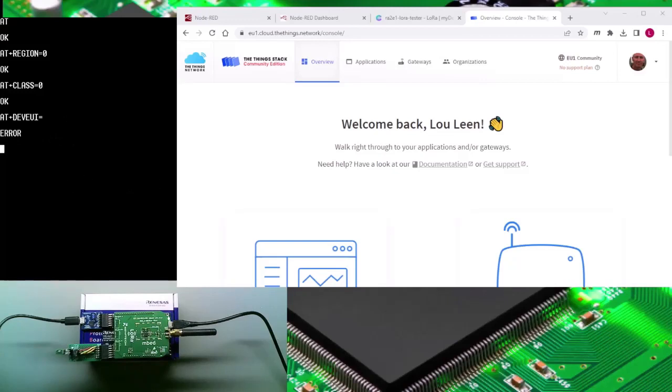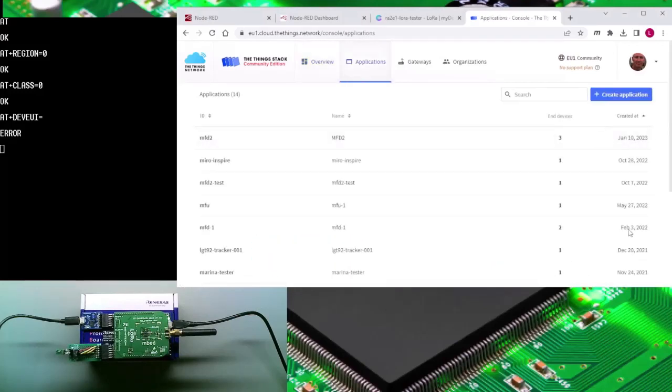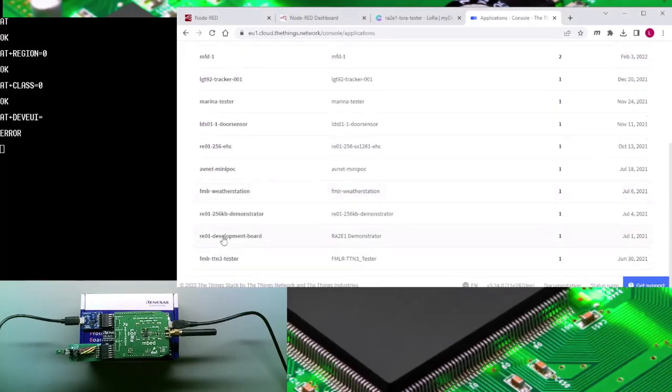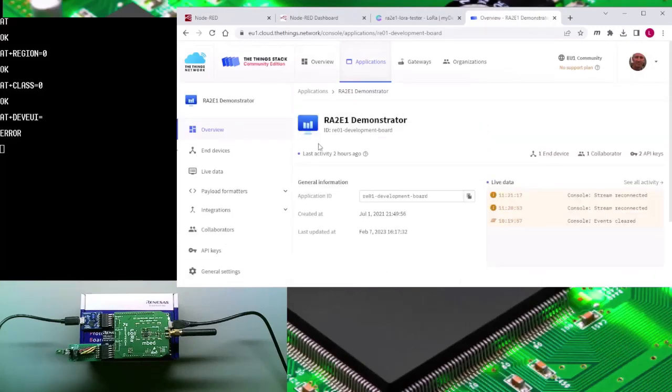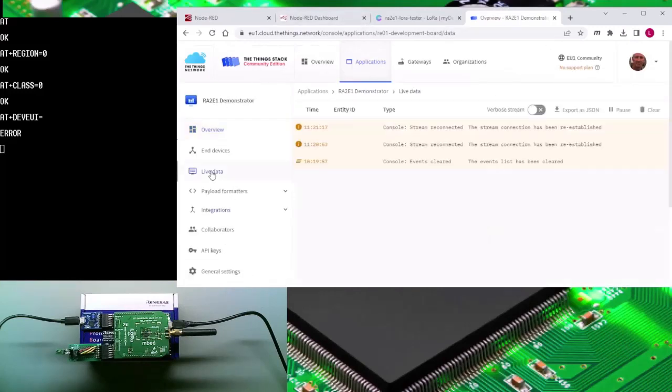And now we will join the device to the internet. First I'll open my things stack, the LNS. And we'll go to the board that I've already registered on the LNS, and here we see the live data. At the moment we don't see any actual data, but once we join,